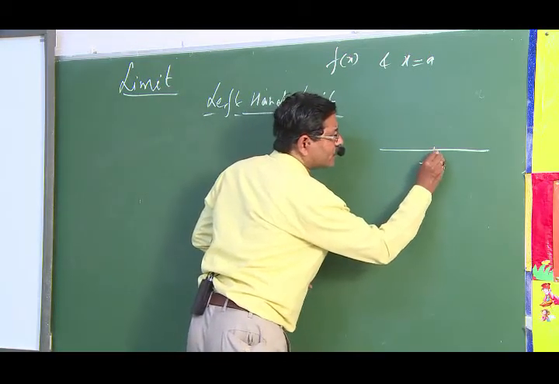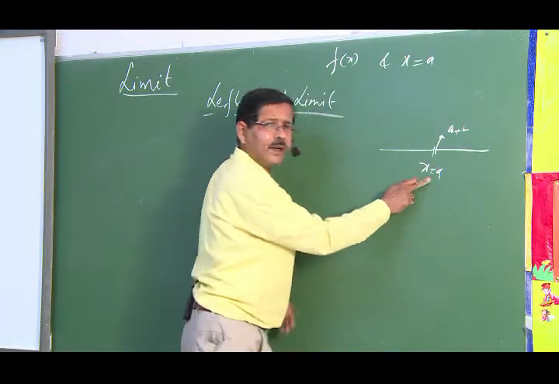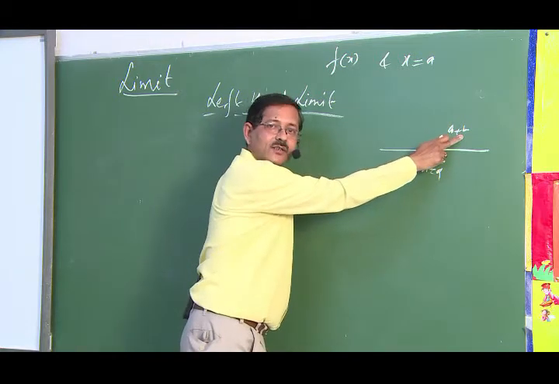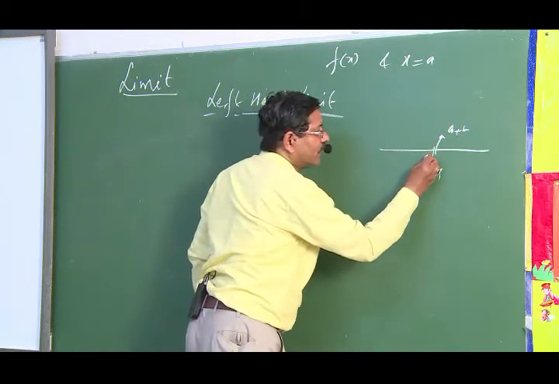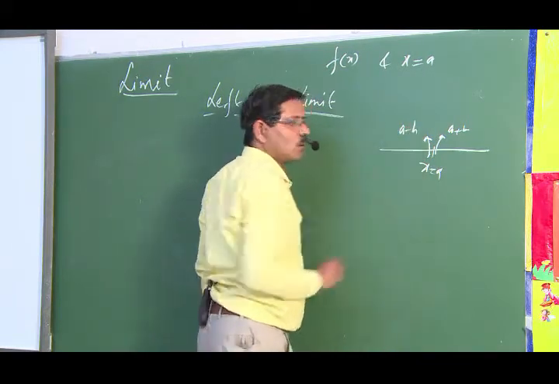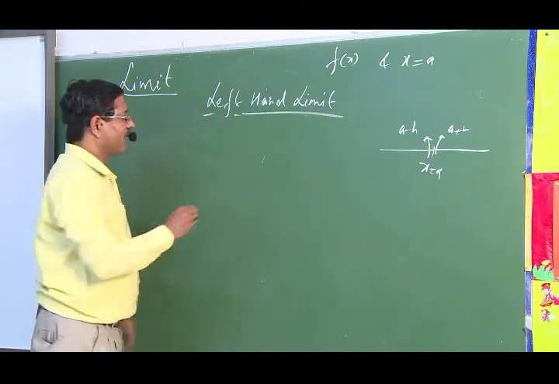Now on the right of a, you will get a plus h, a number which is just greater than a when h tends to 0. And on the left of a, you will have a minus h, where h tends to 0. Now left hand limit is defined as,